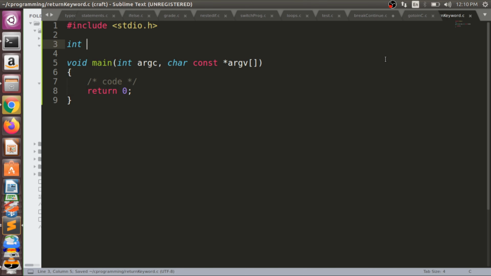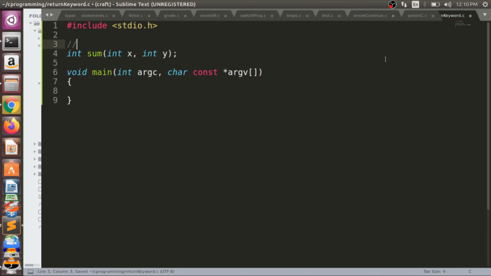Int, now this time sum, here int x, int y. So this is my one program here. What I am doing now, this is my function definition, sorry, it's not a definition, it's a declaration.